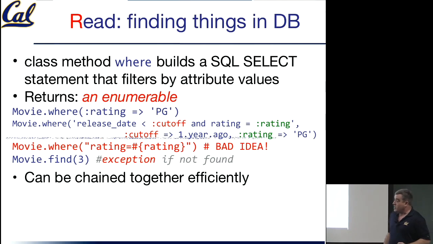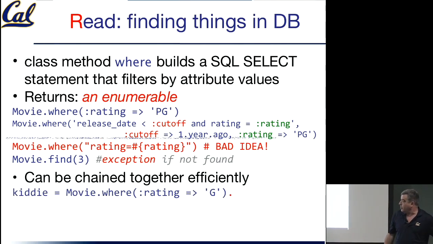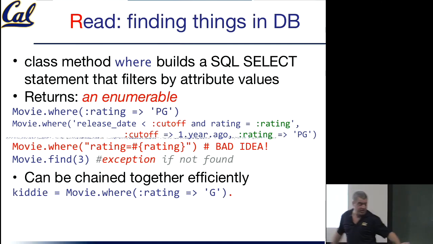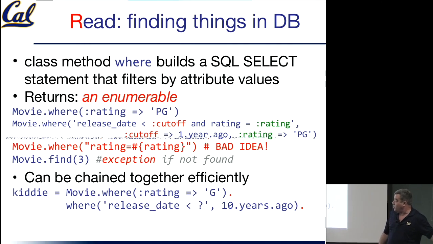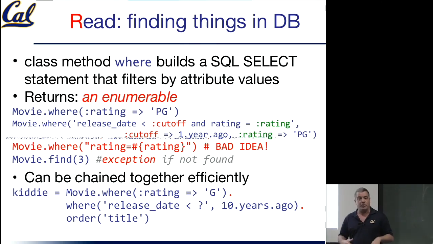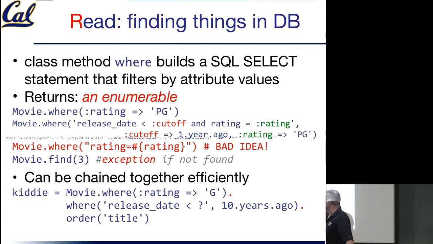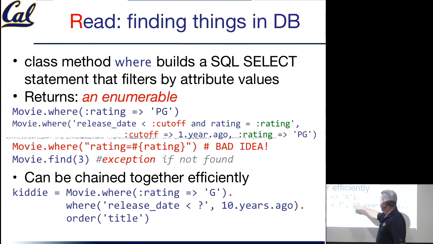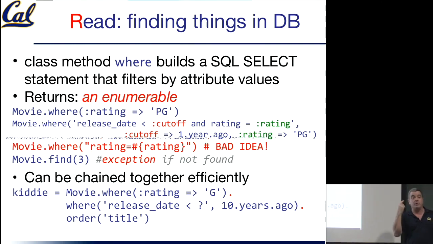The other cool thing about this, as you will also see, is that you can chain them together. For example, you can say movie where rating is something, G, and here's the dot because we're going to continue our expression, and where the release date is less than something, and ordered by title. Databases are really good at returning things in particular orders and stuff like that. So this is actually all one long chain of function calls that in the end will produce a single SQL